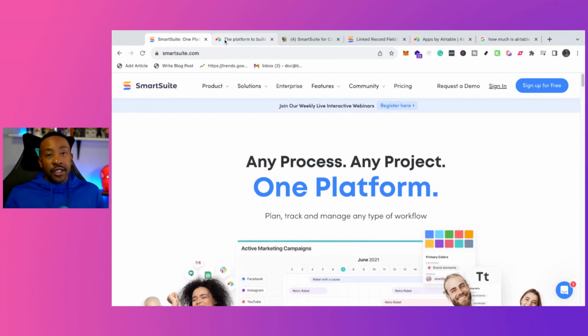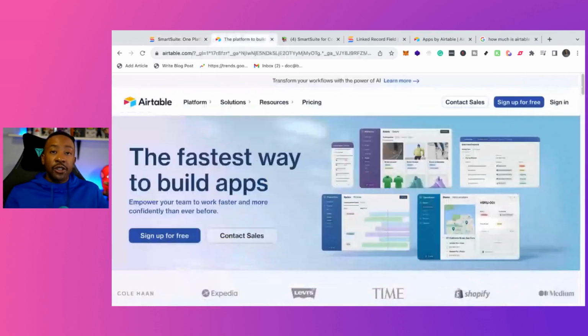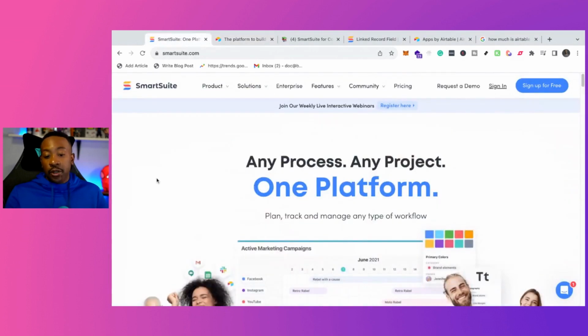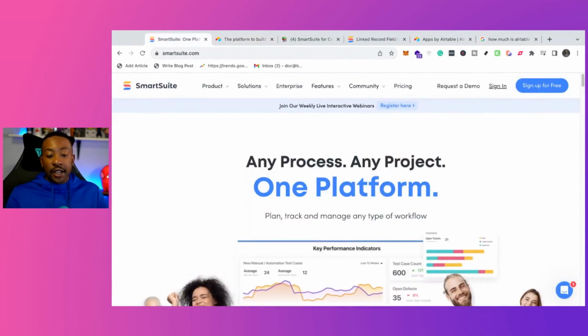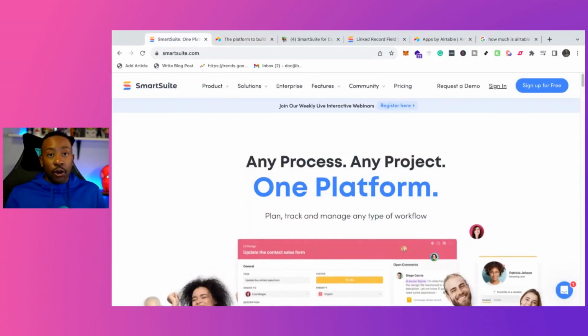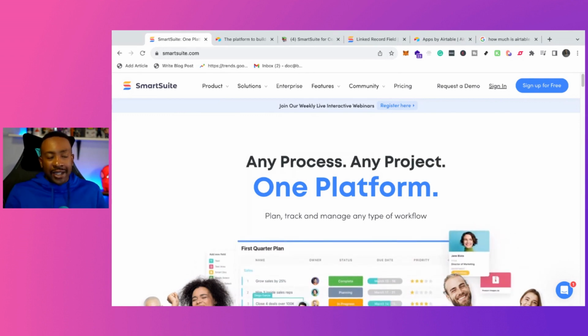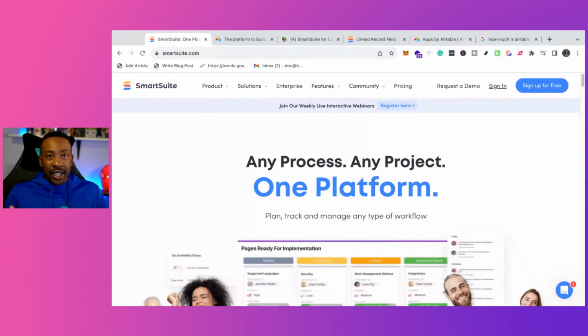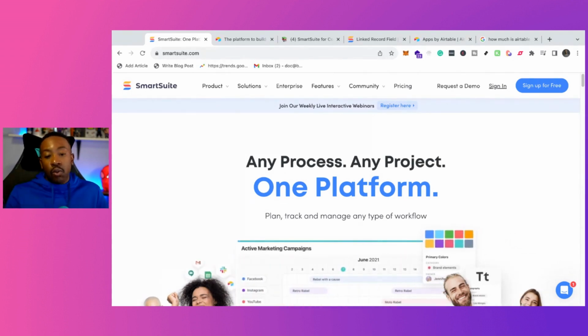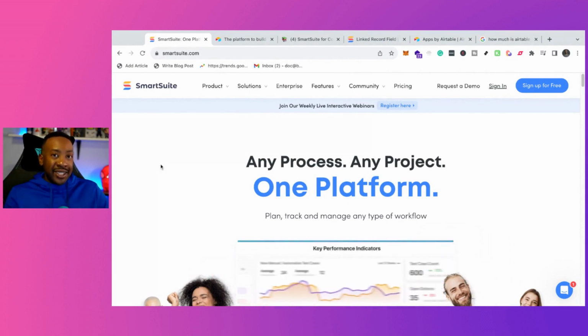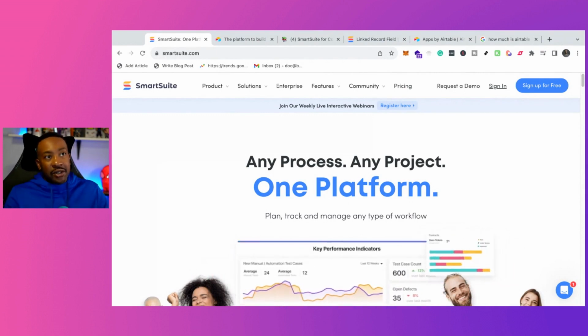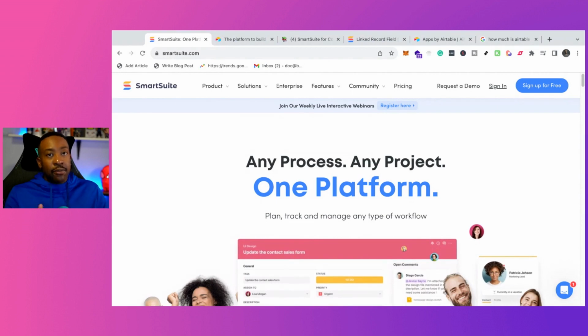SmartSuite versus Airtable. We're going to go through key features, the pricing, and which one I would choose. First of all, what is SmartSuite? This is a platform where you can have all of your processes and any project all in one platform. So imagine something like Asana in Airtable, or Asana or ClickUp with Notion, all on one platform. It has the processes, the automation, all those things, but it allows you to have the functionality of a robust